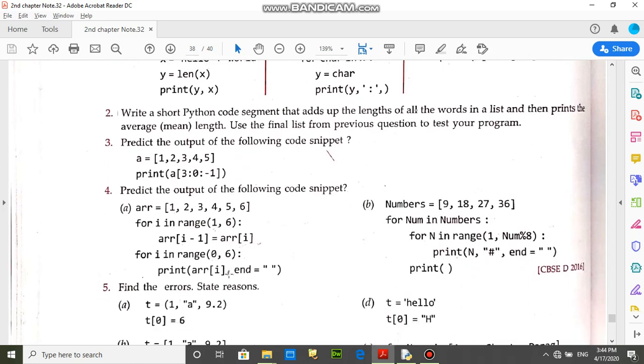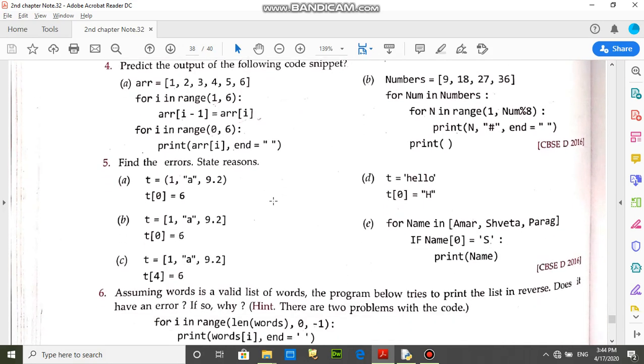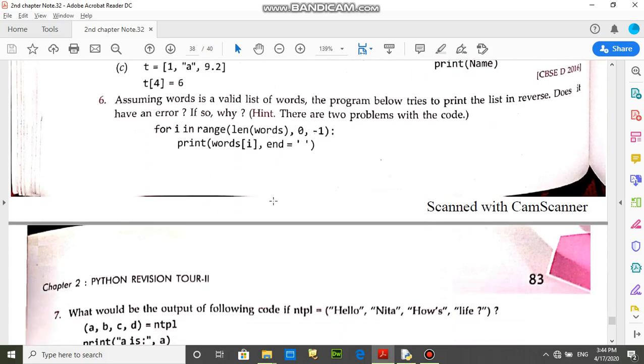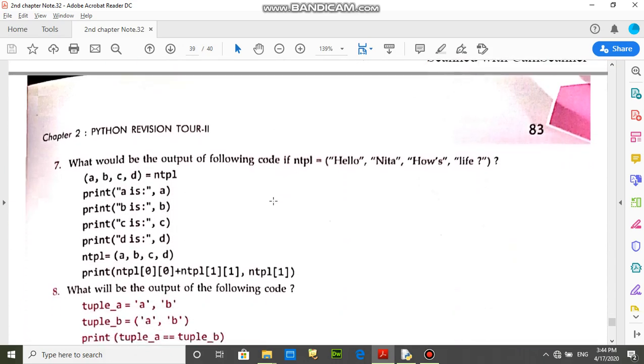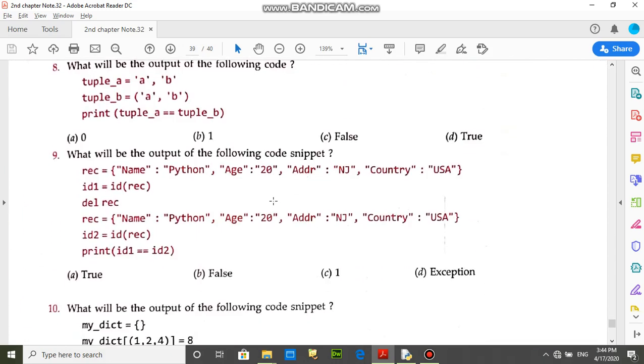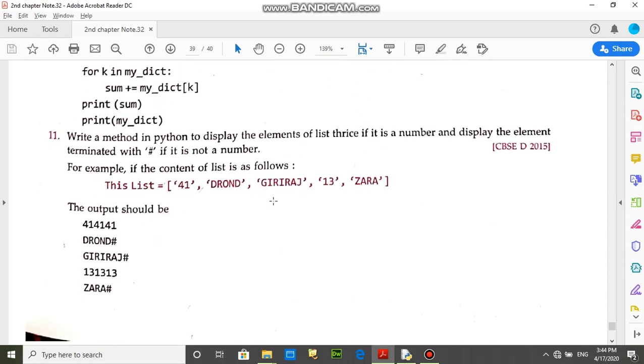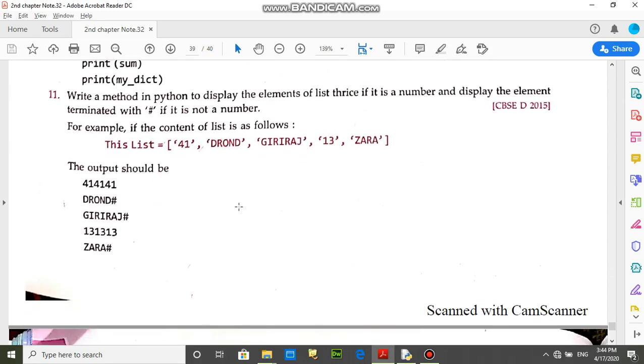So students, I am giving this exercise to complete. There are many questions in this exercise. For example, write a method in Python to display the elements of the list thrice if it is a number, and display the element terminated with hash if it is not a number.